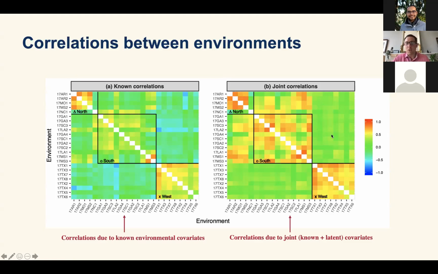Again, the West is a bit of its own little beast out there, in that things are quite differently adapted out there. But the important thing to note here is that we can still put that in the model. We can still estimate all the correlations that we need. We gain strength from having those multiple environments. We have predictions across the data set and whatnot. In this case, it is a fully balanced data set, so everything's nice, but if it's unbalanced, we get those predictions into the environments where they're not grown in.